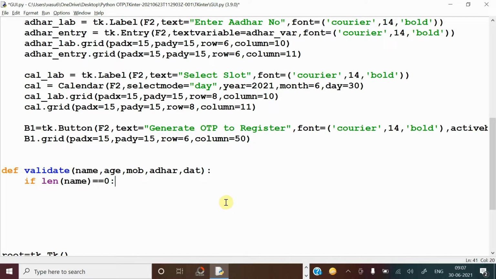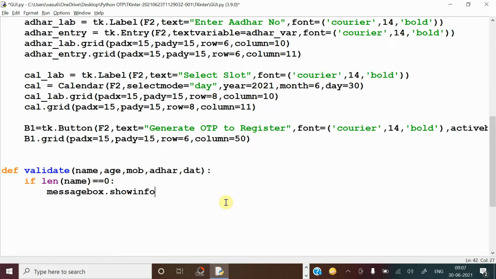If the user does not enter any name, then it should show an error message, such as please enter the name. So for this we have to use a message box for showing a pop-up window. messagebox.showinfo.